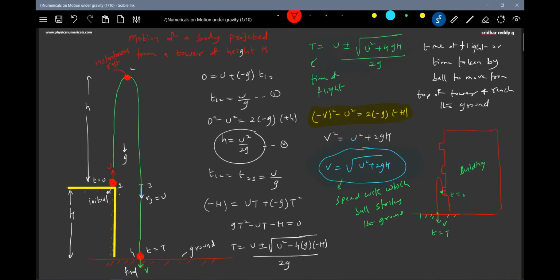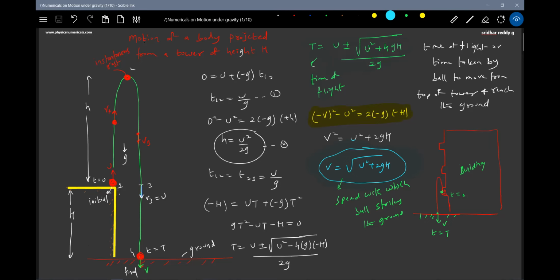Motion of the ball: it will have some velocity VA and the retardation will be downward. What about here? Here it will be accelerating. So what type of motion will the ball be describing? First retarding motion, then freely falling. It will pass through that initial level and strike the ground. You stand at the balcony, throw a ball, the ball will ascend, again pass through, then strike the ground. That particular motion of such a ball is what we are describing here.